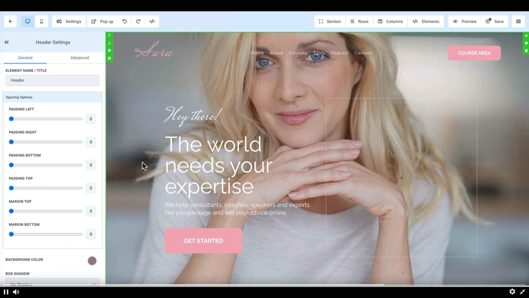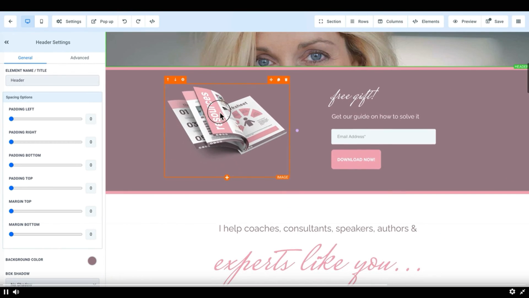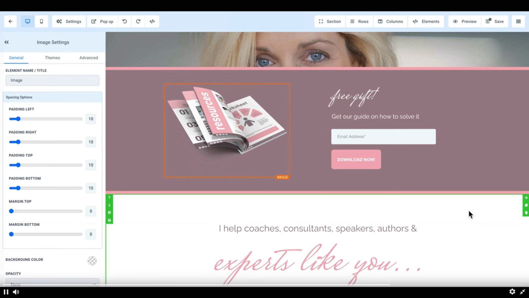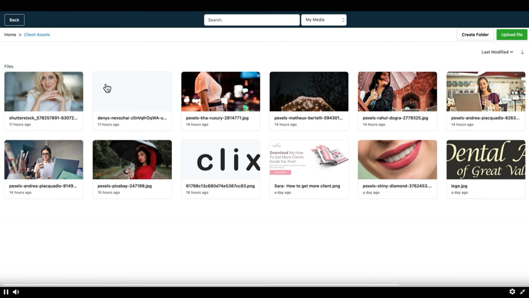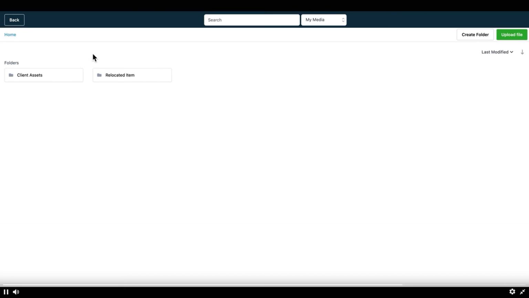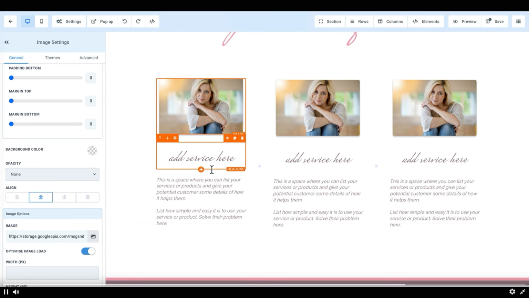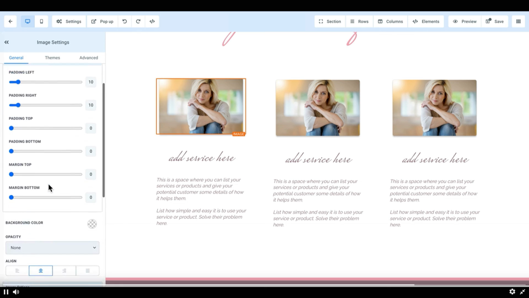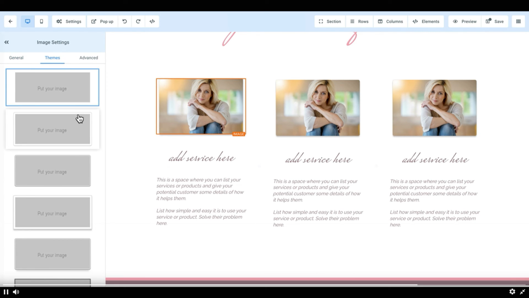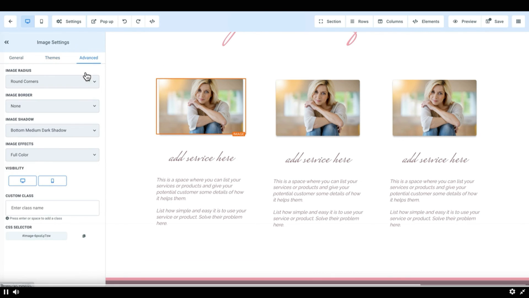whatever you want. Obviously, starting with some of our templates that we have built for you is going to save you tons of time, and you can start there and you can change and swap out images with a click of a button. It goes to your media library and you can see how all that works. So you can store your images there. You can optimize the image for load. You can change the width, image actions that you want, overall themes of your image if you want borders. And when it comes to rounded corners or image effects, if you want to go all black and white, you